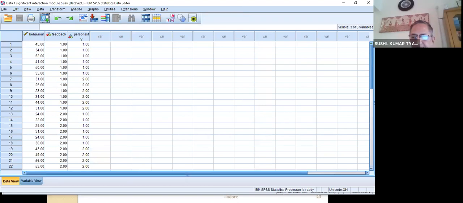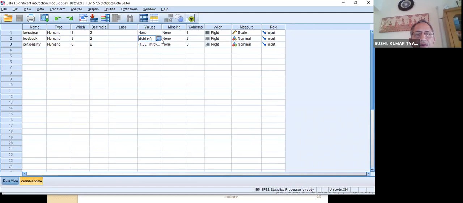This is the data set. Now see, there are two independent variables. One is feedback. This is a nominal scale variable. Another is personality. Nominal scale variable. Let us see how many